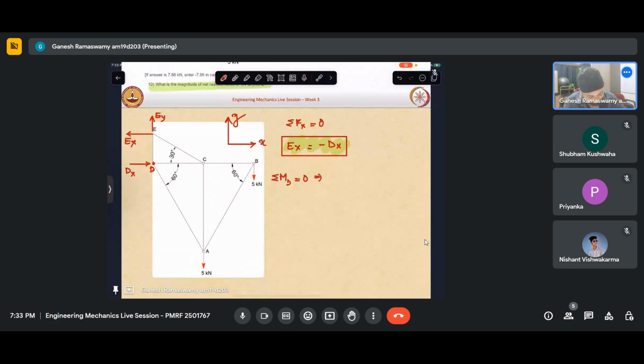It will be minus 5 into, we noted that this distance is L and this distance is L by 2. So it will be L plus L by 2